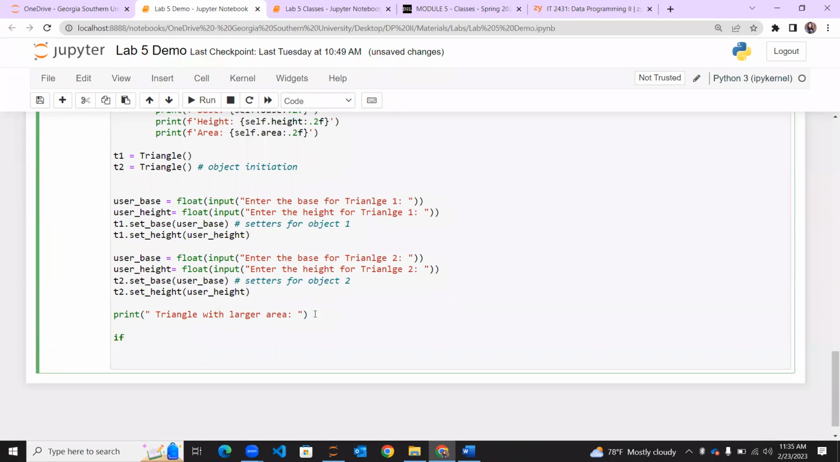Okay, next, if T1 dot, what do we have to call? Object dot method. Here it is the getter method. What is the getter method? Get area, which we have already defined. So we are saying if the area of the first triangle is bigger,